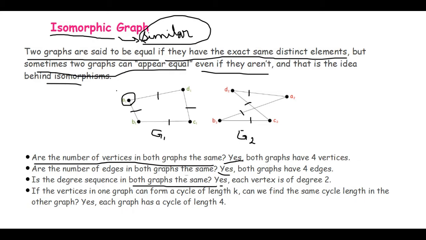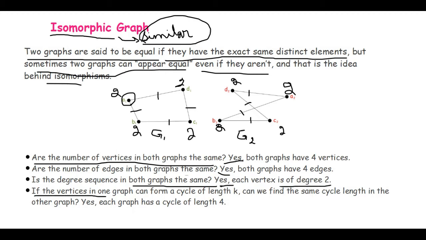The degree of each vertex is nothing but the number of edges connecting from one vertex to another vertex. In G1, the degree of A is 2, as well as D is 2. Let's calculate for all and find out. For B it is 2, and for C it is 2. Now let's come to G2. The degree of D2 is 2, the degree of A2 is also 2, the degree of B2 is 2, and the degree of C2 is 2. So yes, every vertex has degree 2.